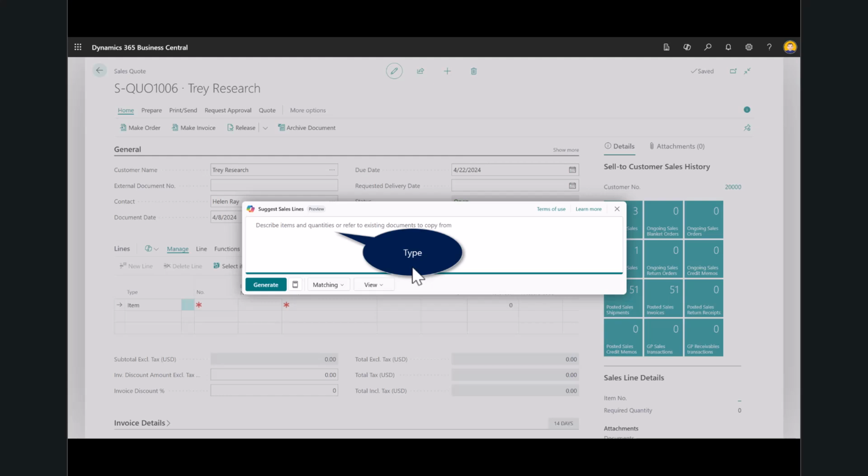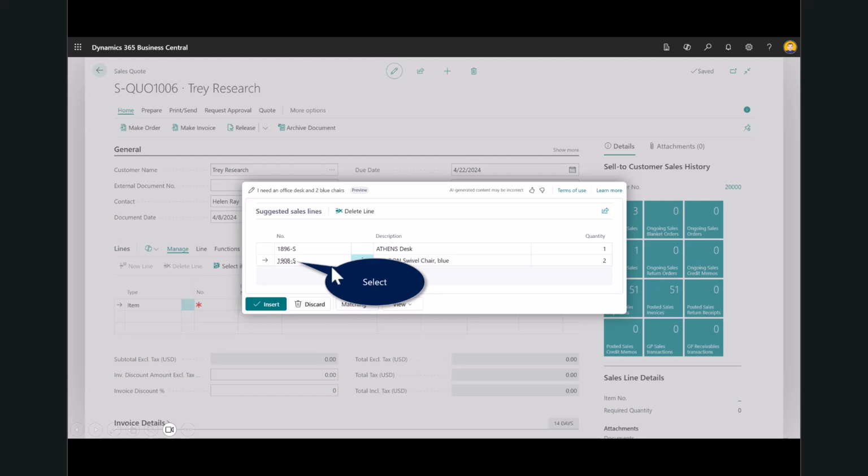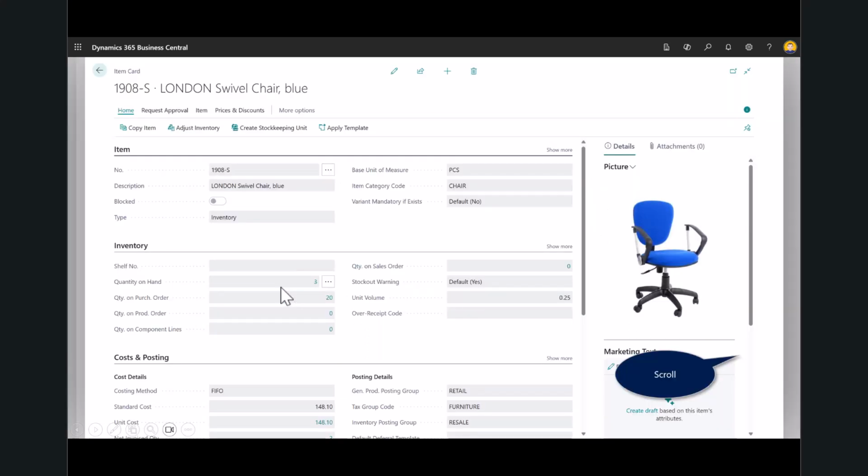And from here, as an end user, I could simply just type in what I'm asking the system to perform for me. So if I want to just type in, I need an office desk and 2 blue chairs, I'll go ahead and hit generate. And here you'll see I've got an Athens desk and the London swivel blue chair. And of course, you've got this little peek through, or I can see the preview of it. And then if I want, I can open up that card, and this will show you how Copilot begins the